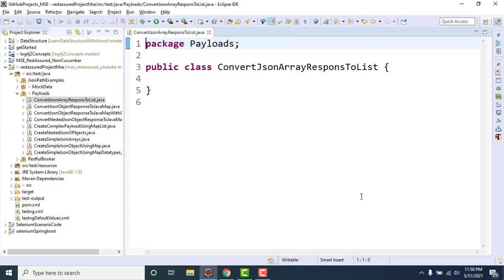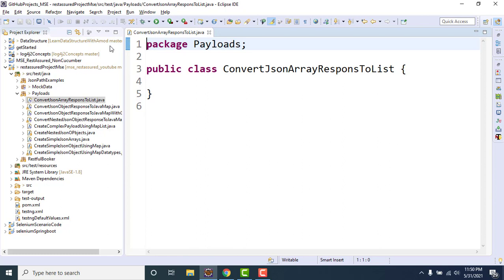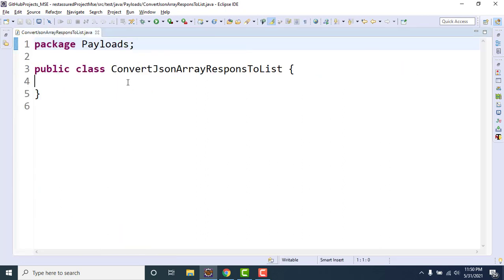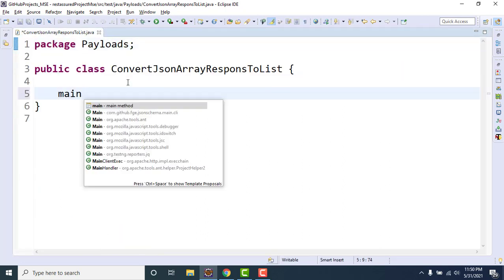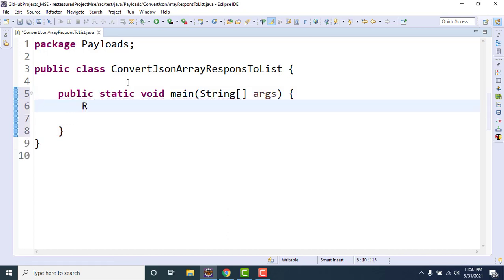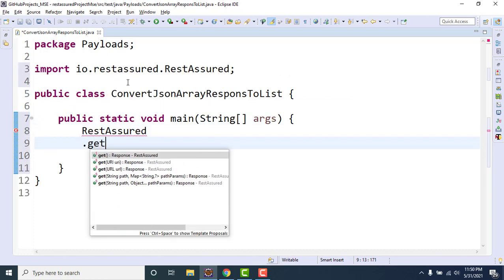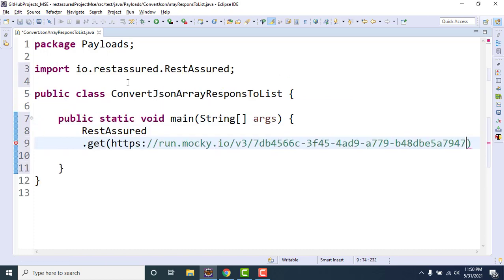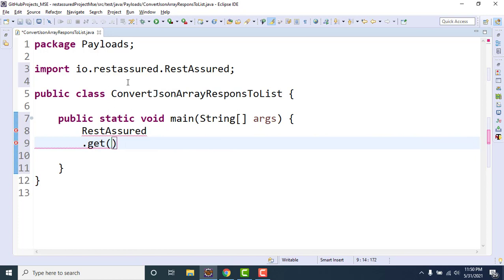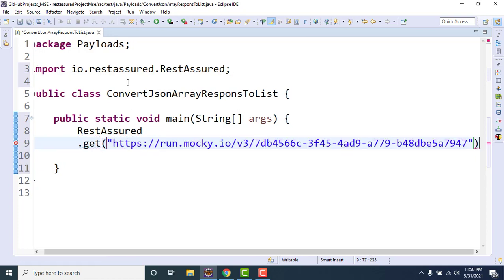Let me maximize it, and create a main method here. Here is RestAssured, and we can directly call the HTTP method like get, and let me put the URL. You can put it directly in double quotes as well.